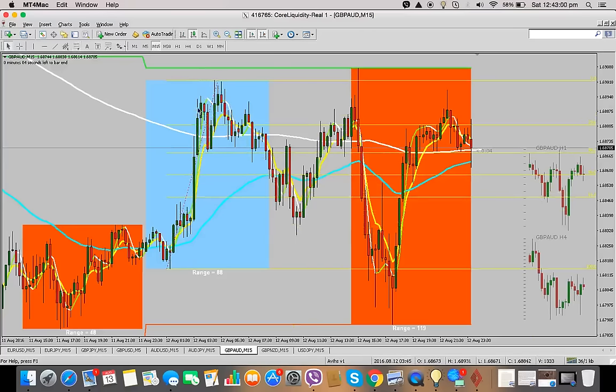So initially I'd say market's done its thing here and it's starting to pull back slightly. So I would use this as the high point, draw it in, and then look to see what the market's actually doing. So in this case, it bounces off the 38.2, market moves up, hits the EMA 200,